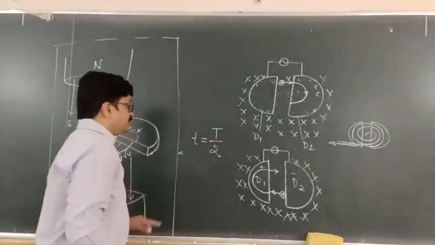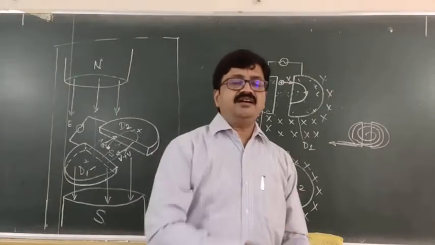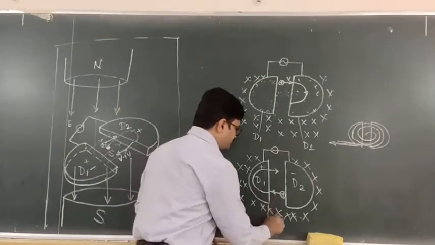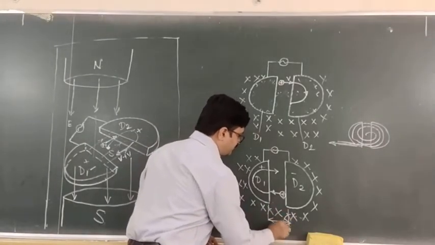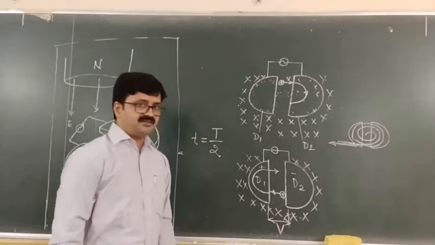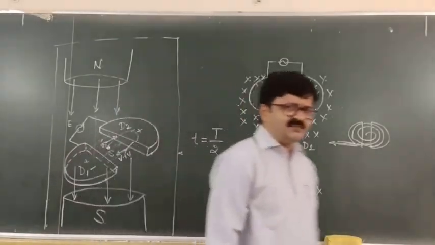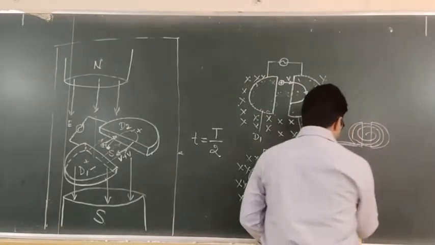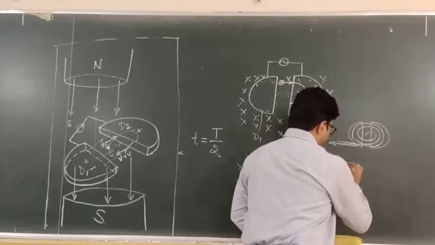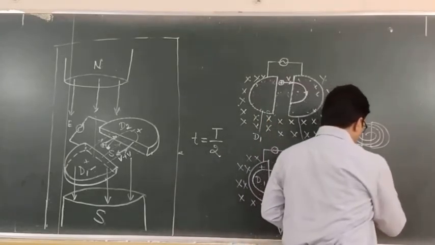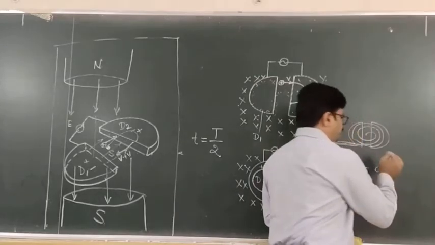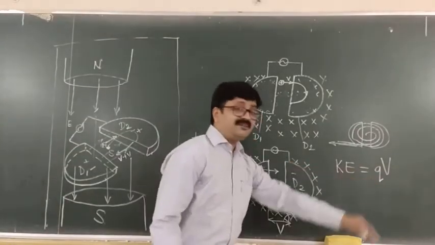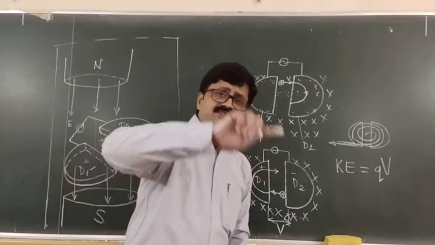Fine. So now let us talk about the energy that the charged particle keeps on gaining. Suppose I say that the potential difference between these two D's is V. Suppose capital V is the potential difference. Then what is the energy gained by the charged particle in one semicircular motion? Obviously energy gained will be kinetic energy, and that will be equal to qV. q into potential difference. Okay, so this is the energy gained by the charged particle in every semicircular motion.